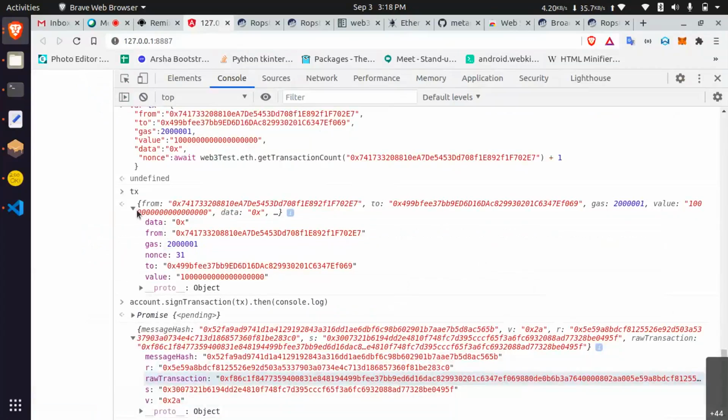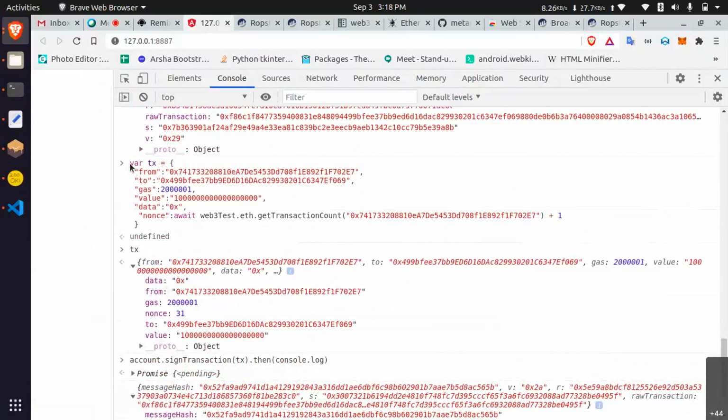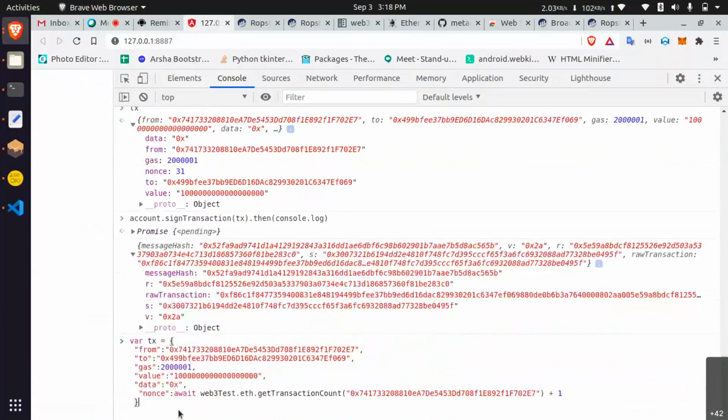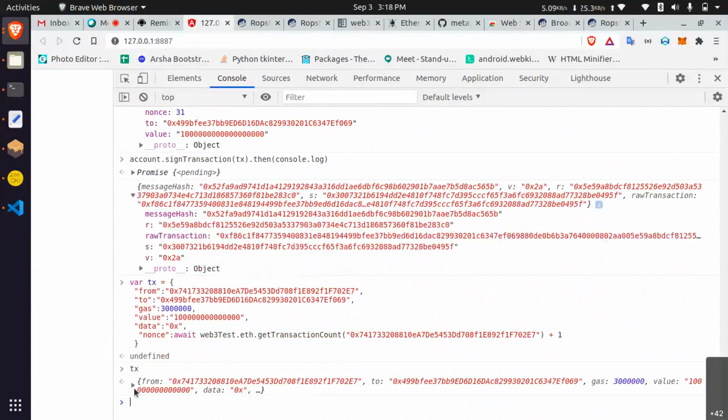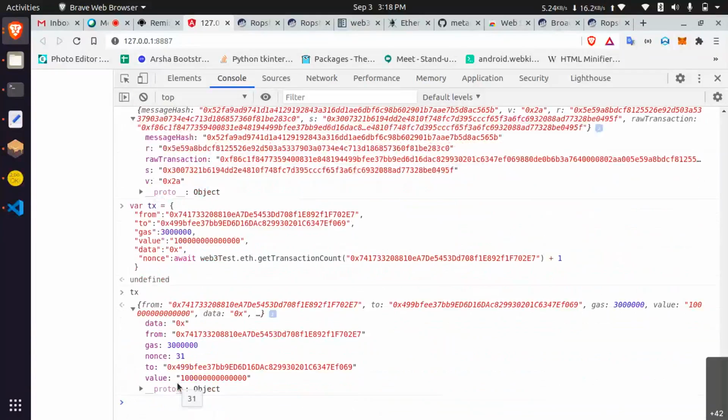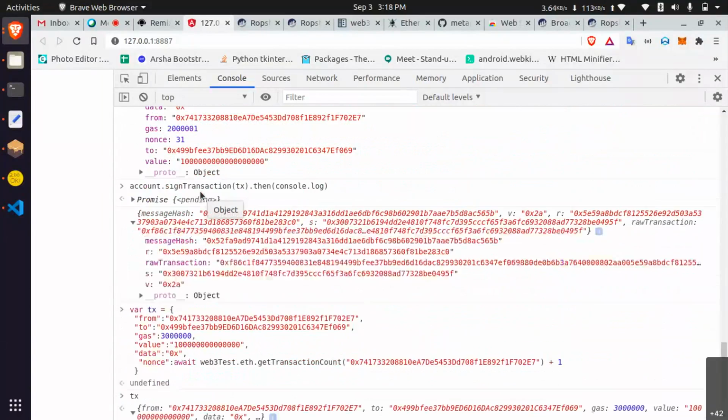I think value is like, okay, but same as TX, the TX portion is 31. Okay. I'm signing this again.